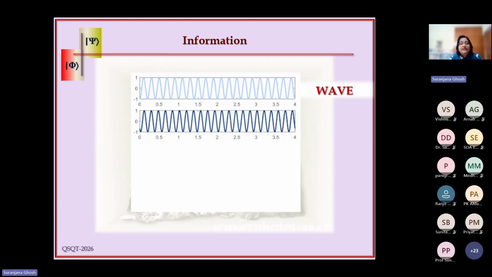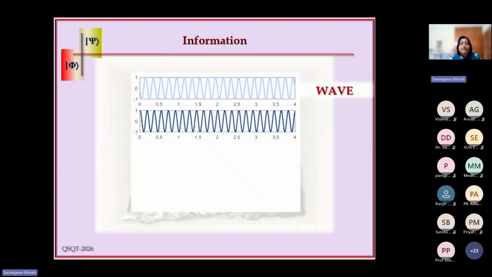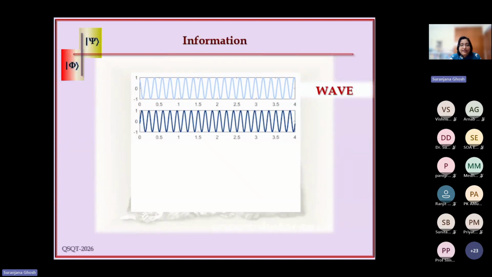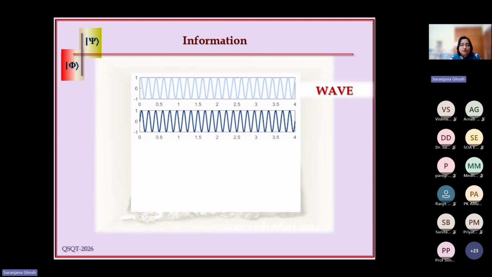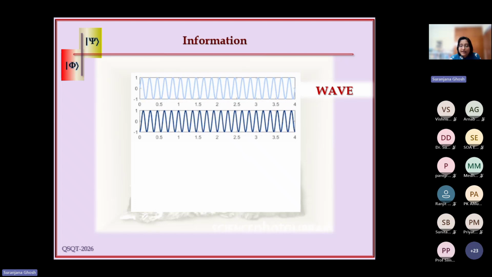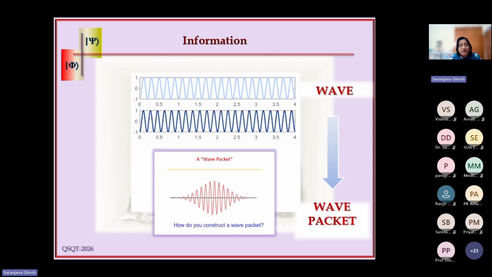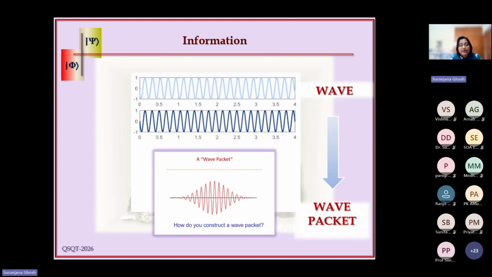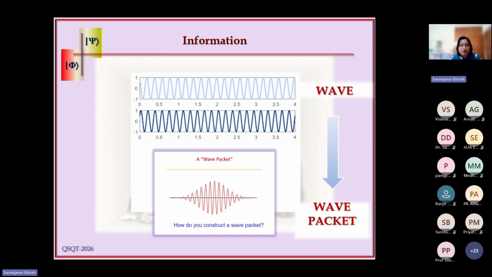So this is basically a plane wave, a sine or cosine term. It runs from minus infinity to plus infinity, so it cannot carry information. For that, we need to superpose these waves, and we can have a localized one, and that is the wave packet. Now, if we want to define a particle in the quantum domain, one can superpose quantum states